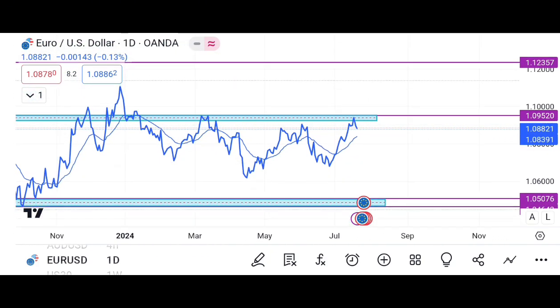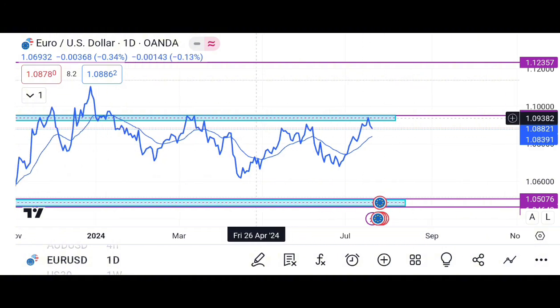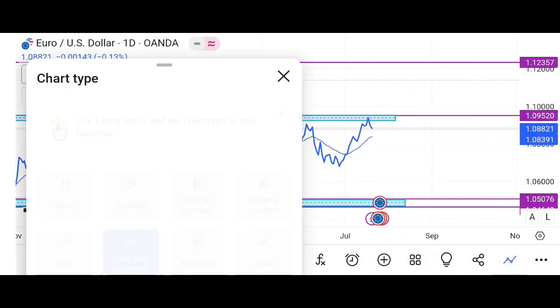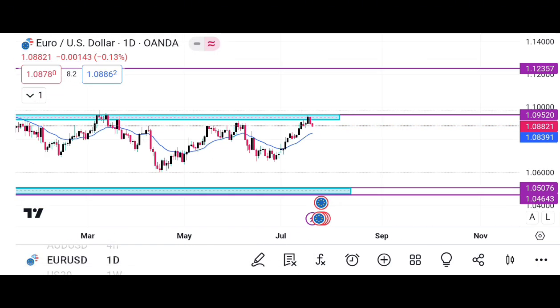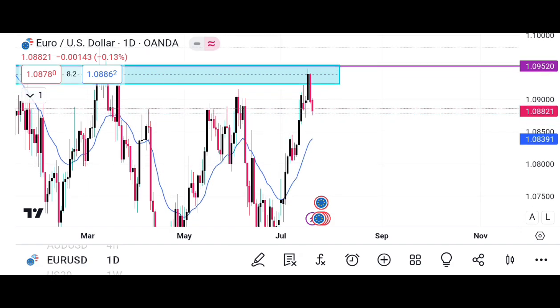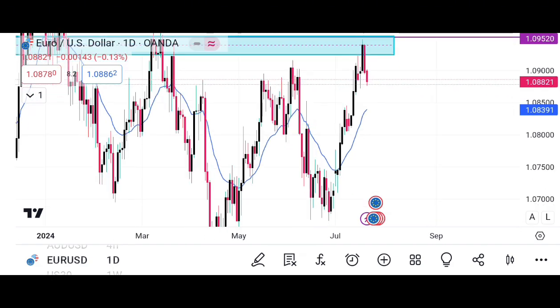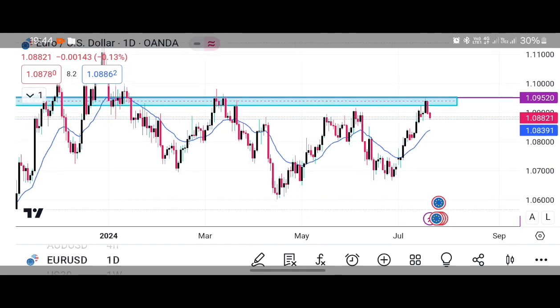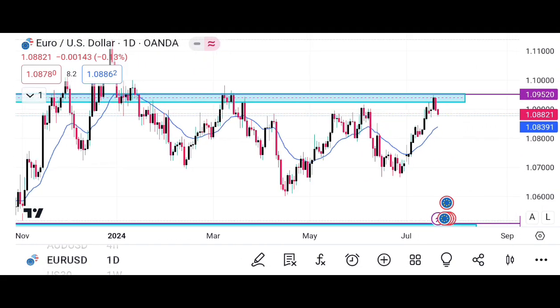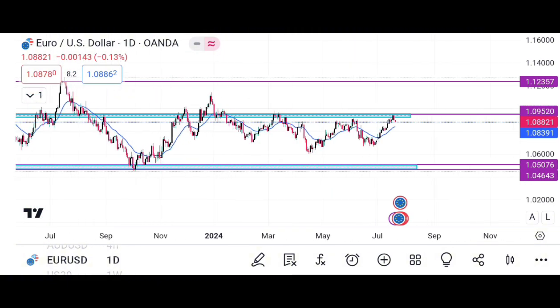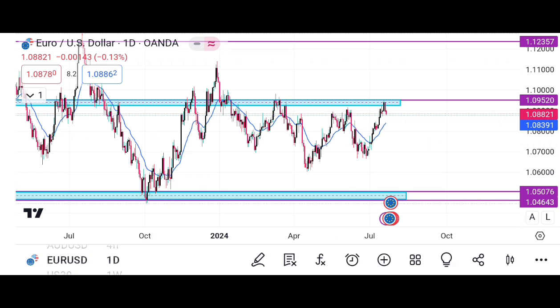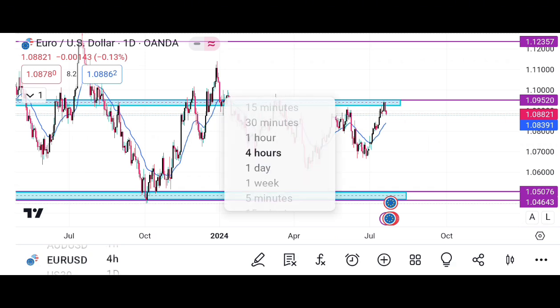So on the daily time frame, we are going to be focusing over here, where the market might reach. I don't see anything. The thing is, when price is consolidating, guys, it is very difficult for traders to catch a win out of these trades.